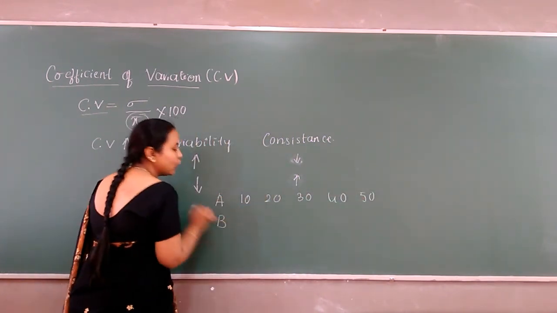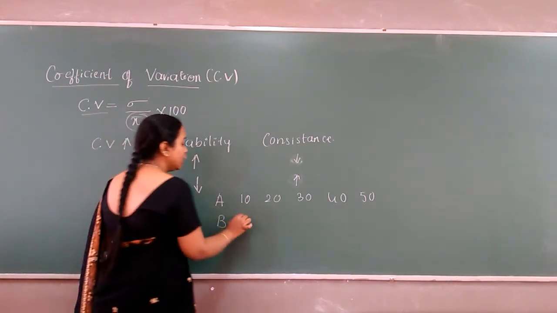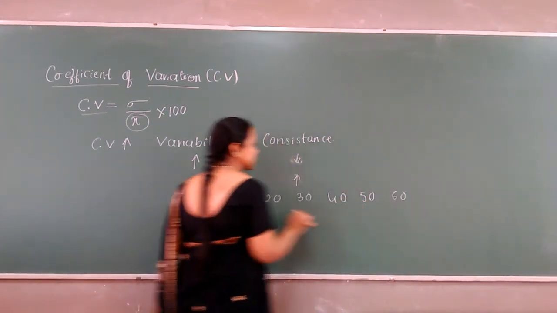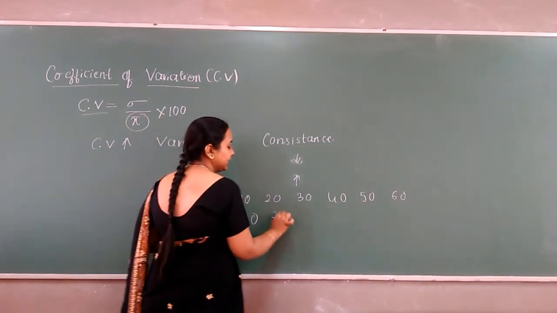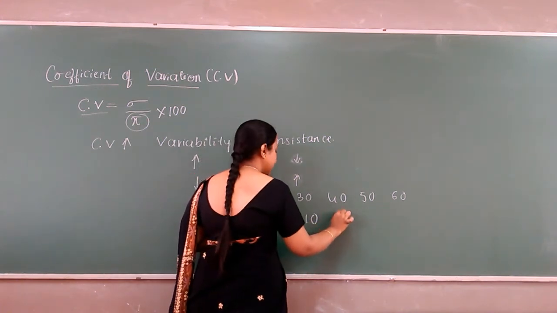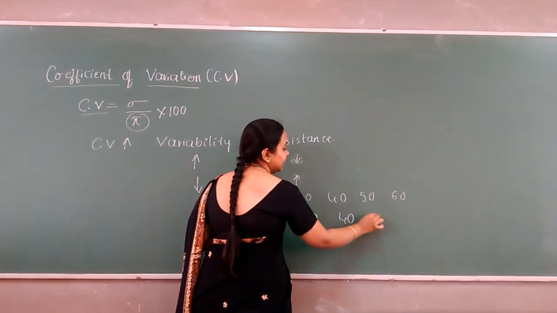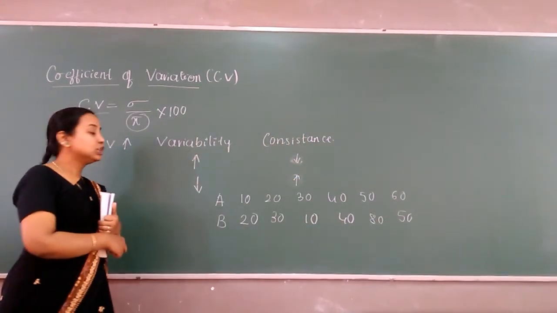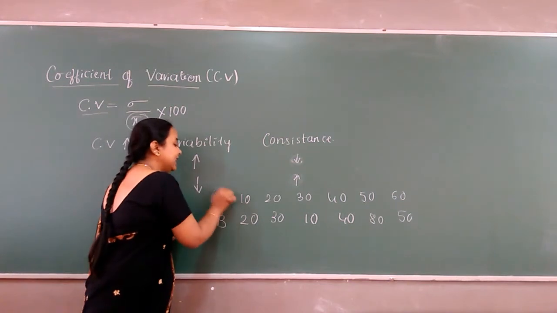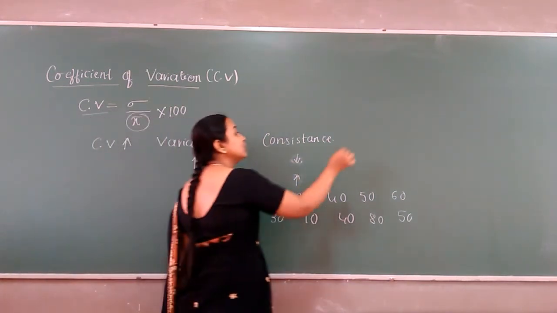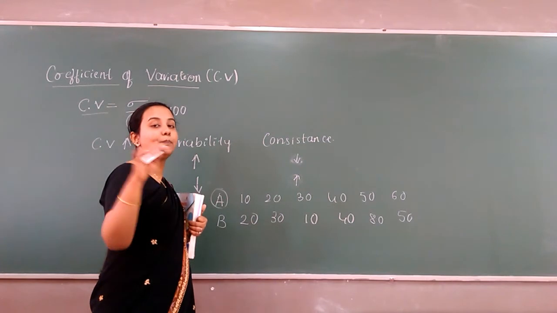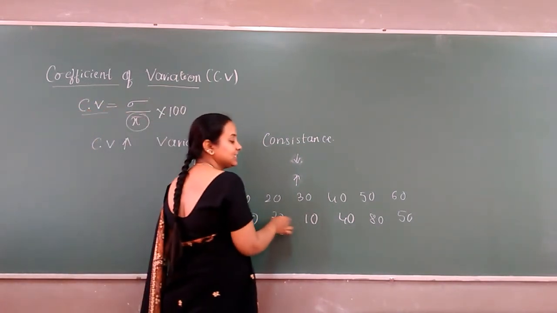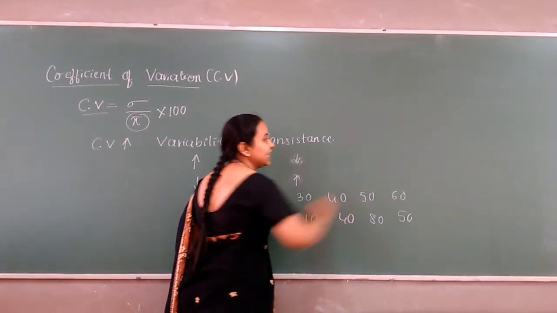Now let us consider one more student, that is B. Let us even consider that the student's data is given for 6 months. So it is 30, 10, then 40, then 80 and 50. Let us consider it this way. So you can see that student A's weight went on increasing. There is a proper increase. Whereas student B, you can see it increased, decreased, increased, and finally decreased again.